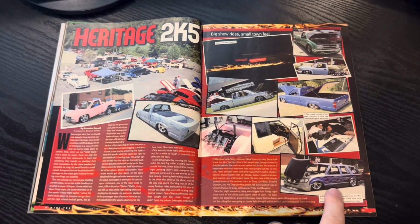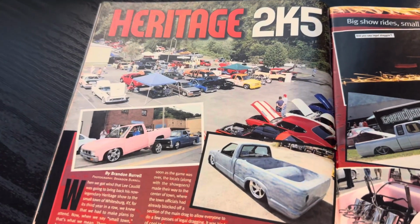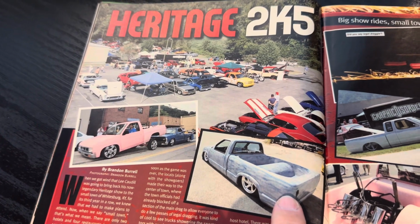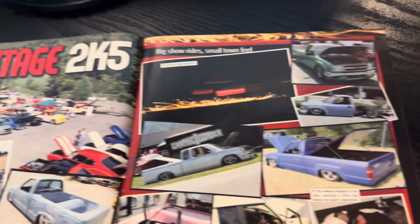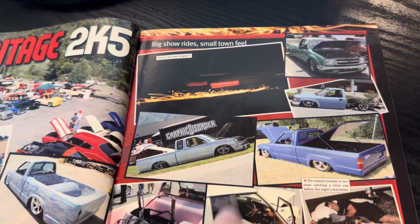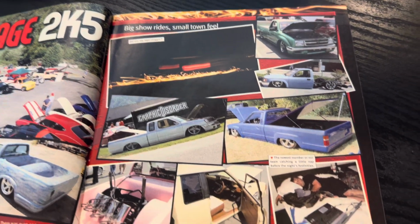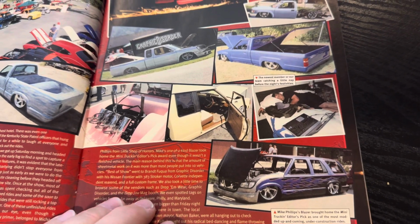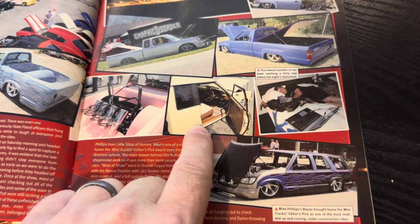But this is where we see the little shop, Blaza. And you can see here, Heritage 2K5. This thing was always cool. All the radius sides. Nice shot here. You got a T-Bird. Vert. You got Brant. This is when he was toting around that awesome black trailer. And we, of course, talked about that truck. This might have been the truck that won our OLP Old School Award for